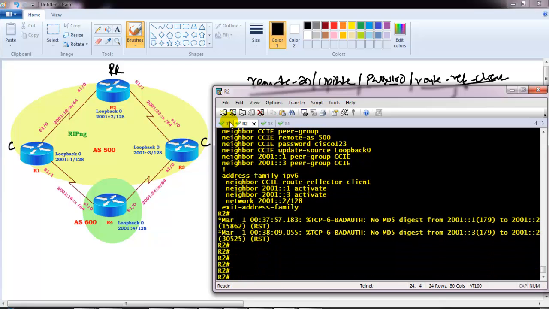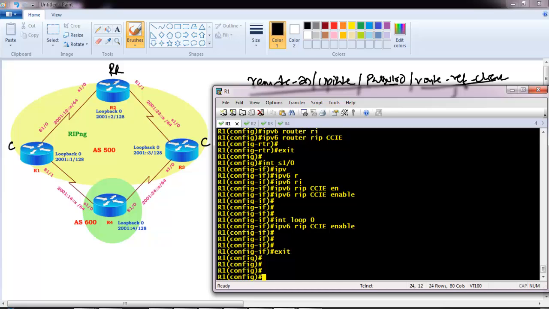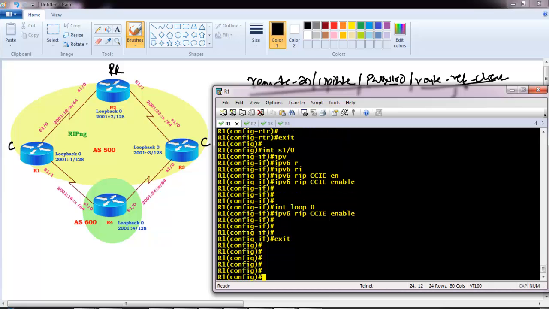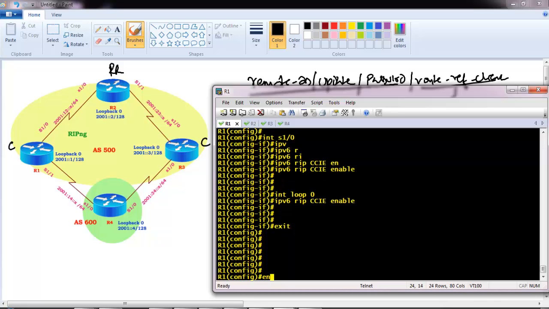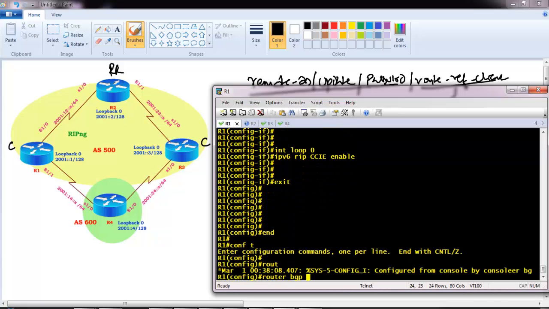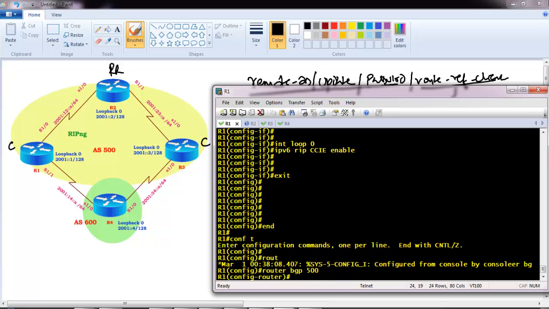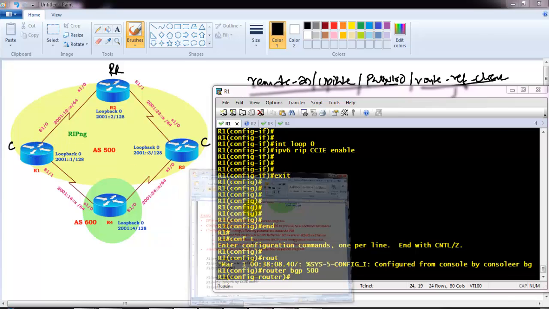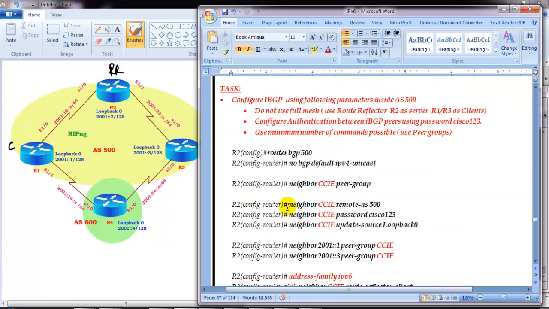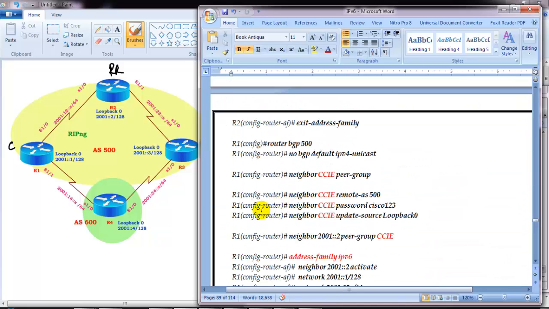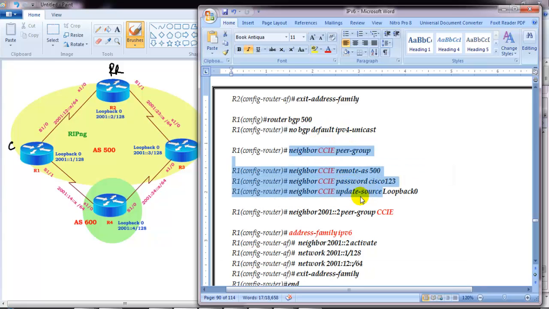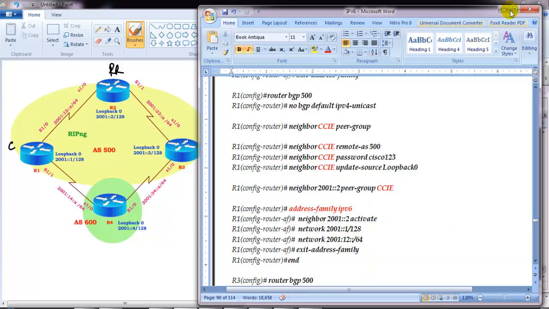Now the next thing, let's go to router 1 and configure on router 1. So on router BGP 500, now the client is going to form the peering with only the server, which means router 1 has to establish the peering with only the server. So if you go back and check the configurations on router 1, we are going to say no BGP default unicast, and then creating the peer groups, and then applying to a specific neighbor, and then activating under the neighborship. Let's do the same thing here.